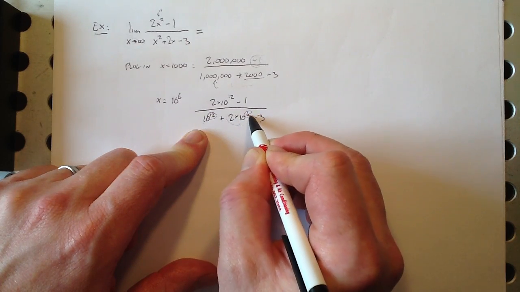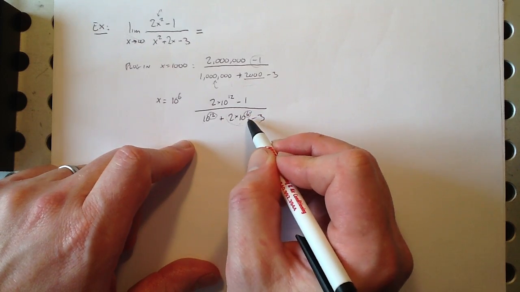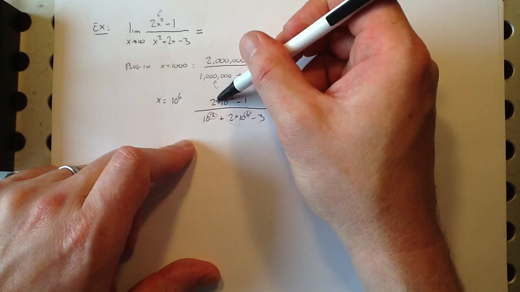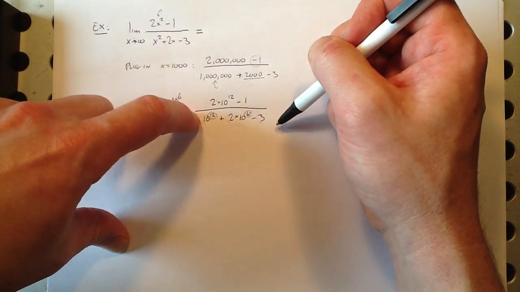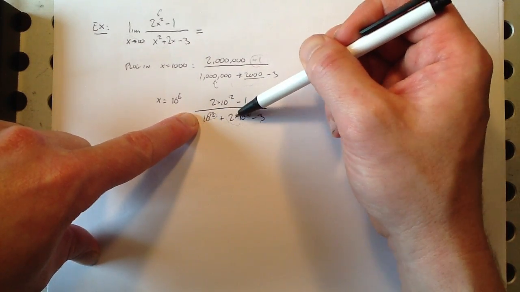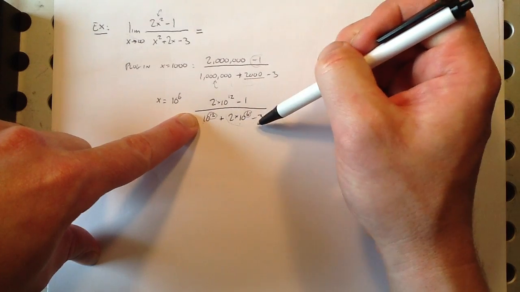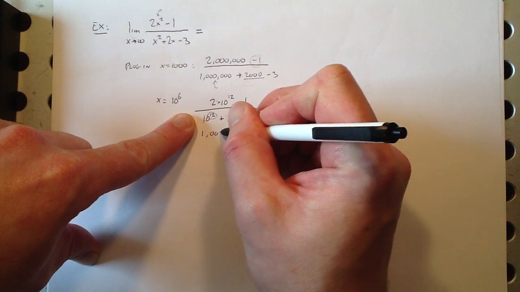The difference between this and this is kind of a gauge of how much of an impact this number has. So on the top, we're going to have something that's really close to 2 trillion. And on the bottom, we're actually going to have something that's really close to 1 trillion, because this only made a difference 6 decimal places in, right? If you wanted to write down what's a trillion